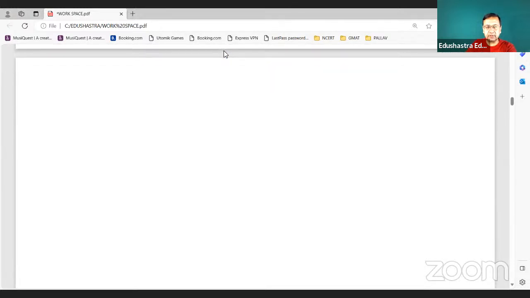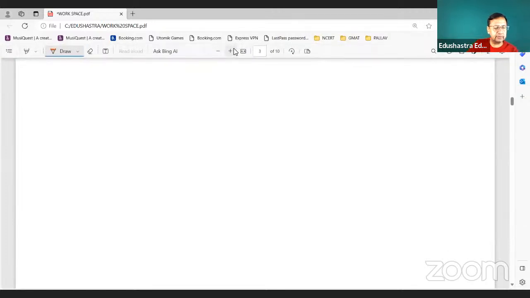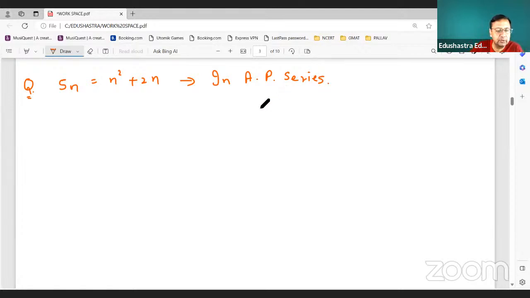Okay, now just a quick question of progression. S of n is equal to n square plus 2n in AP series. Right? Sum of n terms is given to us as n square plus 2n. Question is,